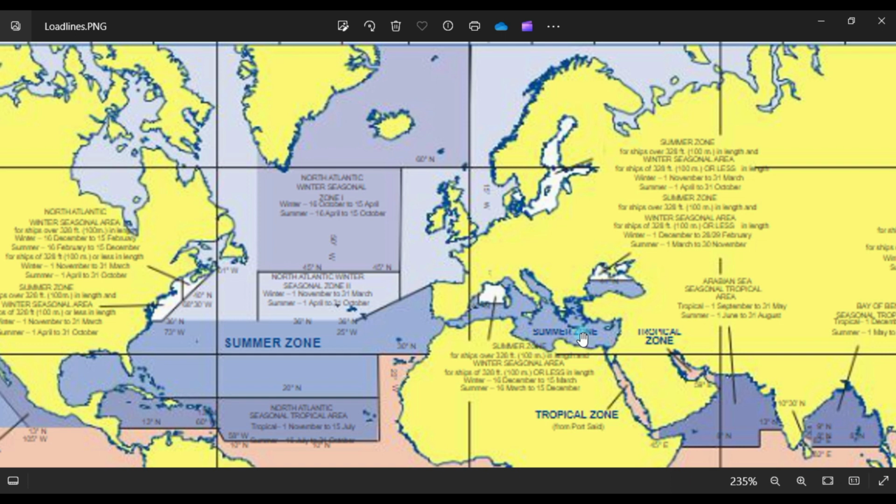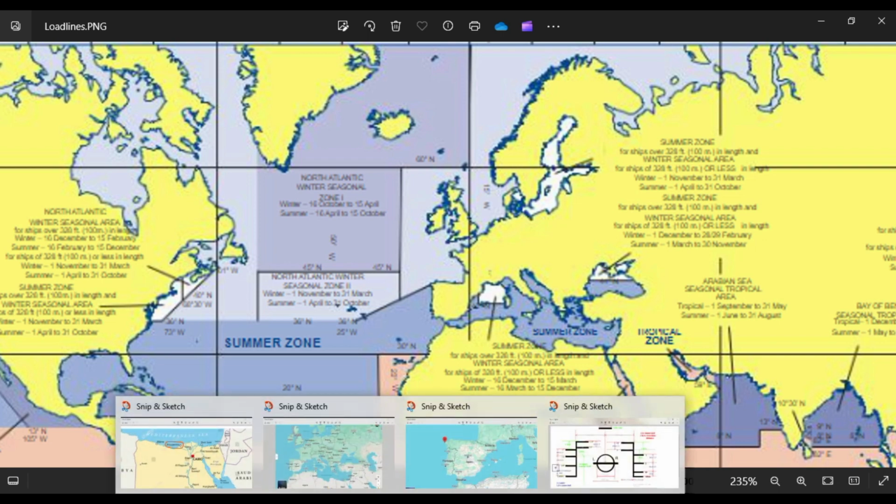So in the Mediterranean, you pass through this way, going to Gibraltar, then this is Portugal, then Spain. Torinana is this one, at this point. The boundary between summer zone and winter zone is in Torinana. So when you reach Torinana, you will go to the winter zone. So it is located here.